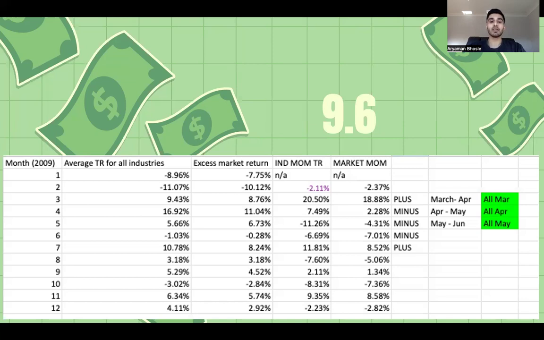The result showed that industry momentum experienced a loss from 20.5% to 7.49% in March. In April, losses continued to negative 11.26% and then to negative 6.69% in May, before finally achieving an upward gain to 11.81% in June. To determine why this may have been the case, I researched potential macroeconomic events that occurred between these months,